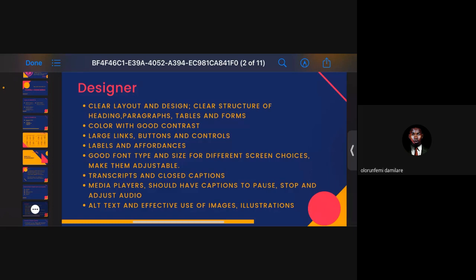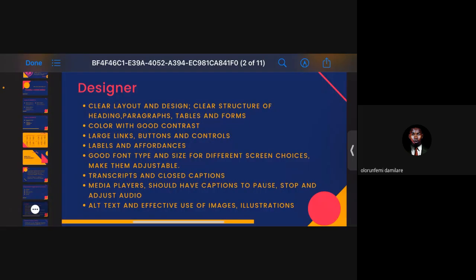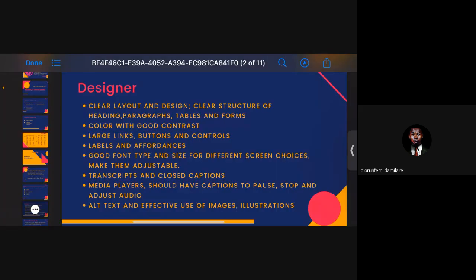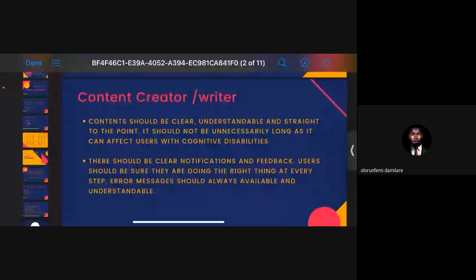We'll get to the importance, like why it is important. Because right now you might be saying, they are the minorities, so it's not our business, right? So why we continue, we know why implementing accessibility in our design is important, right? So I took my time to explain this part for designers because I believe that most of us here are designers, right? So let's get to the next stakeholder, content writer or content creator.